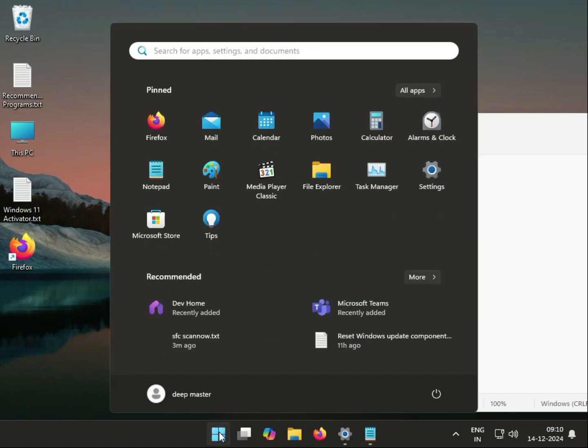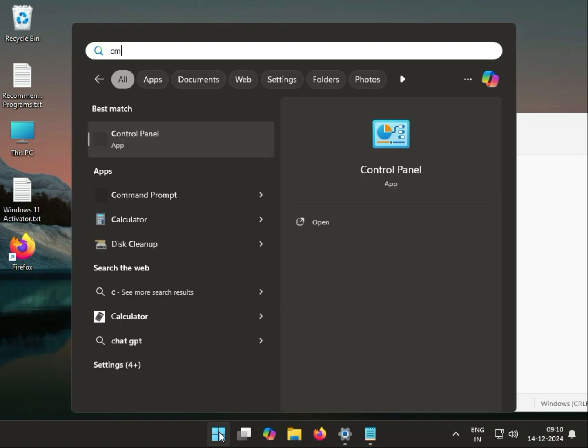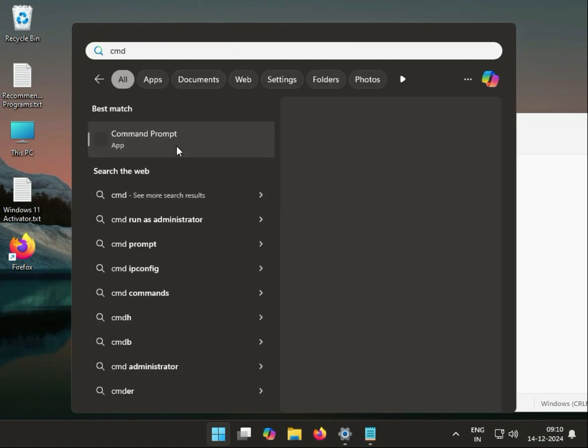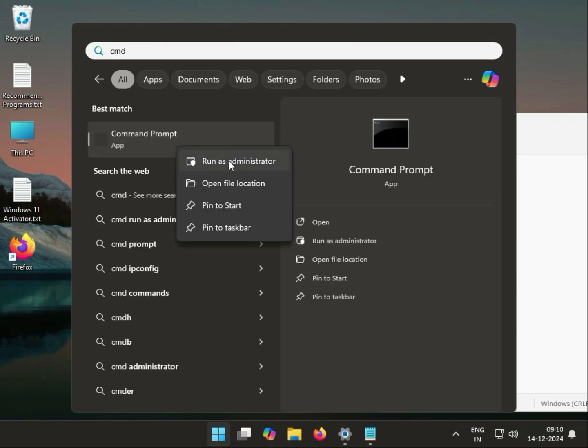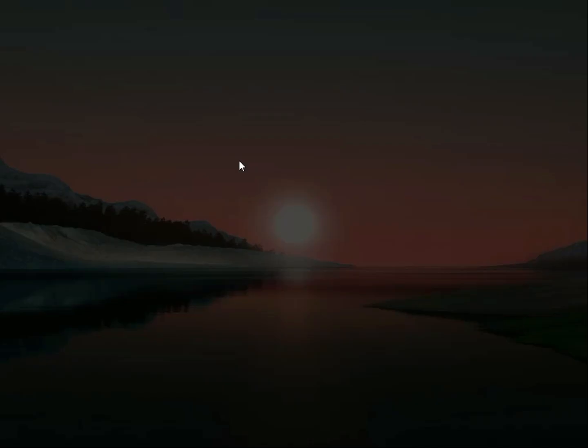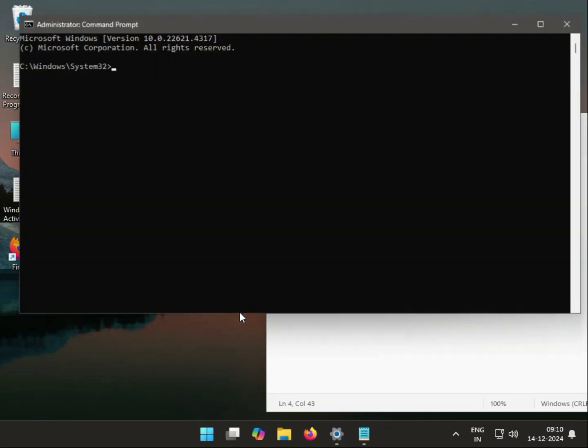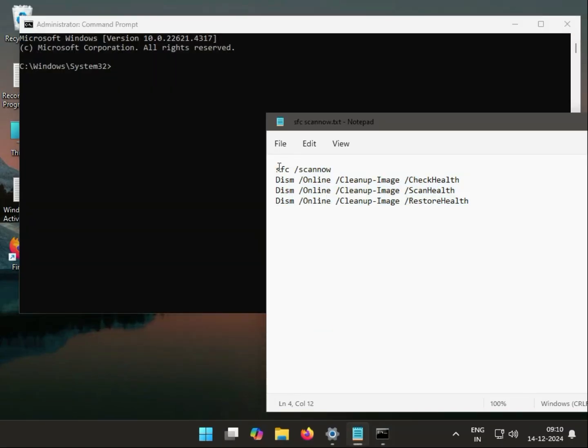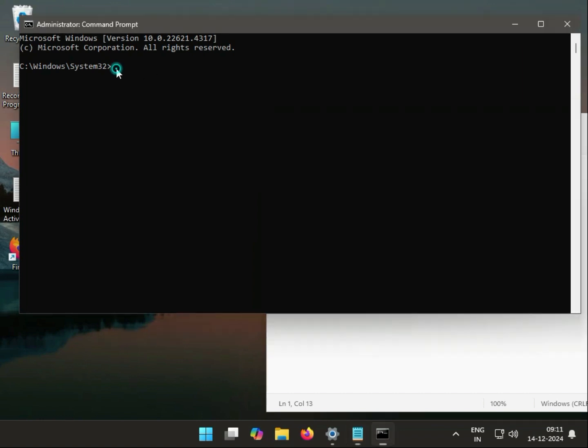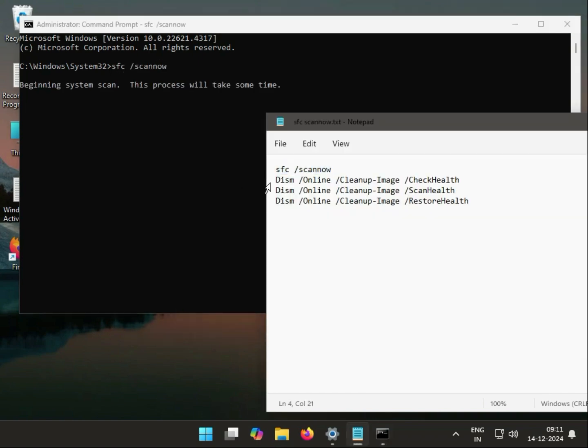So open CMD: click Start and type CMD. Right click and run as administrator. Then yes. So this is the first command. Okay, copy and paste. If it is not copy pasting, you can type it manually. Okay,